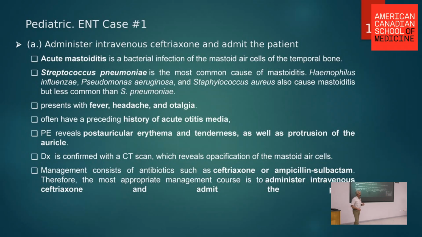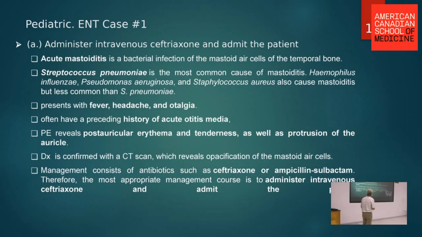So in this case, because of the erythema and the pain behind the ear, consider acute mastoiditis. This is a child that you'd have some further evaluation. Typically, you're going to do a CAT scan looking for fluid in the mastoid air cells. That patient's going to receive a broad spectrum cephalosporin like ceftriaxone or Rocephin and admit the patient for further care